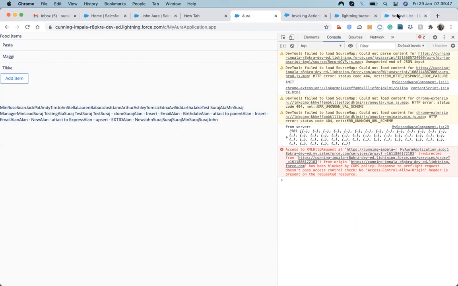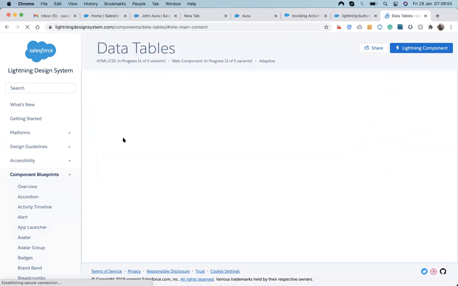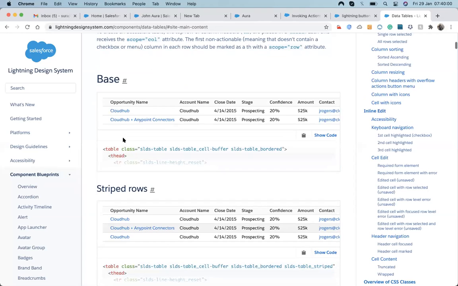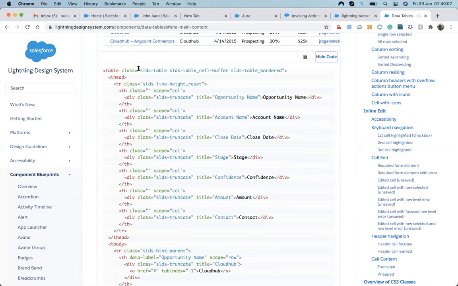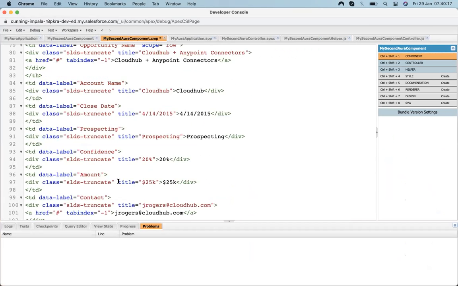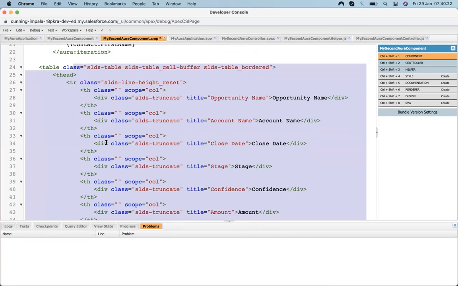So let's design a table. For designing a table, let's again go back to SLDS, Lightning Design System, and choose a table. So let's choose this table and copy the code. I had copied the code, and now come up here and paste it. So always you just have to copy the code and paste it on your location.